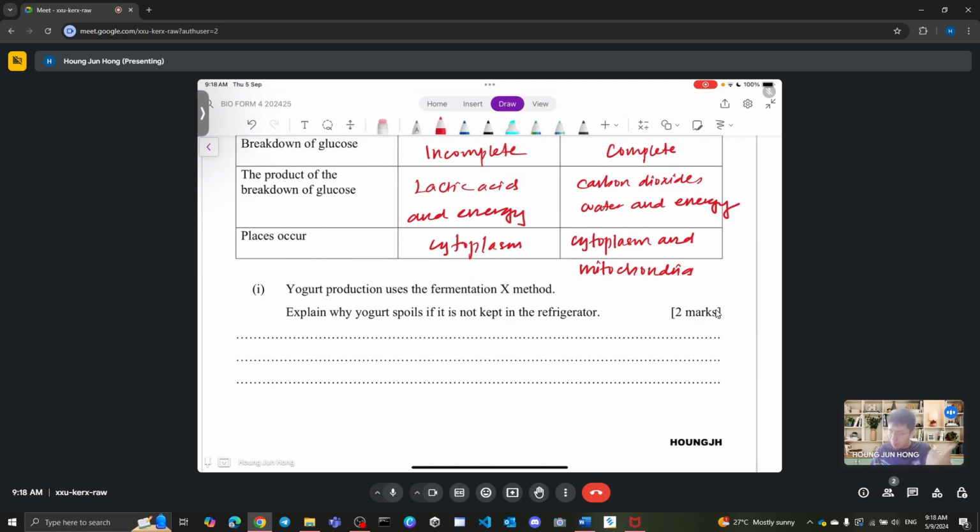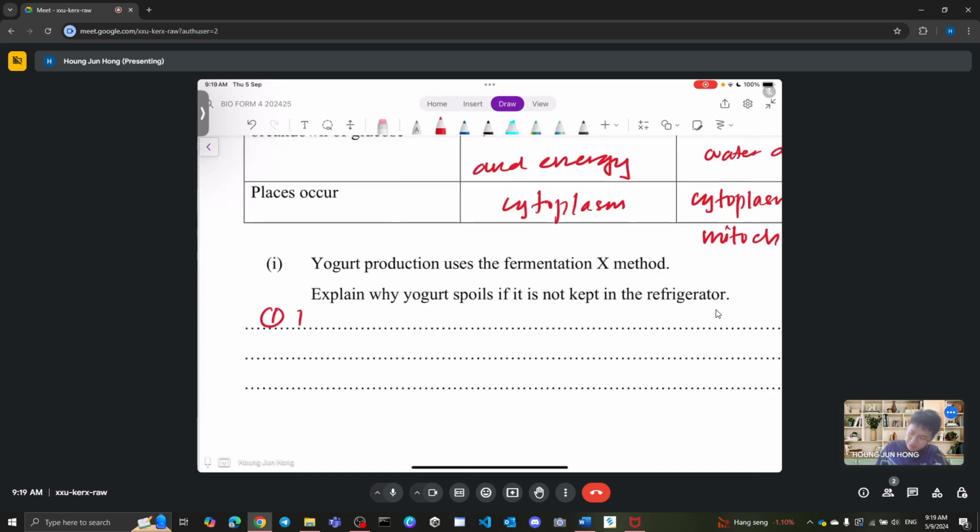It is basically due to bacteria. And what is worse over here is because yogurt is also produced by bacteria. That's why it's even worse when you put it inside room temperature. The bacteria can actually grow faster and make it spoil. So put it simply, first of all, when you have a room temperature, it's good for the bacteria. So the bacteria continues to grow.